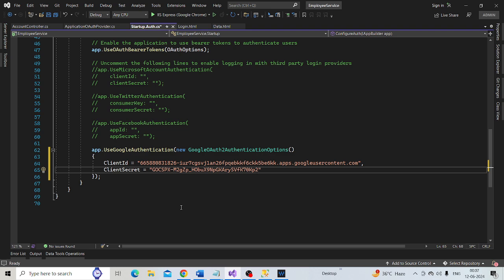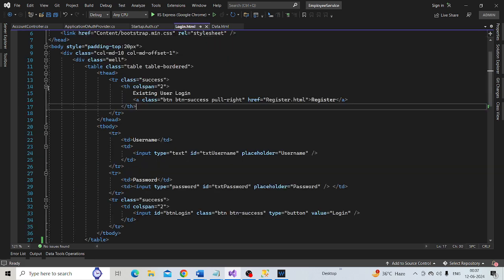Next we want a login with Google button on our login page.